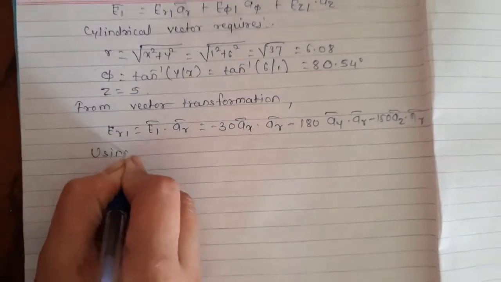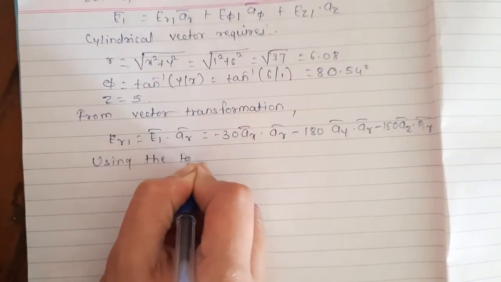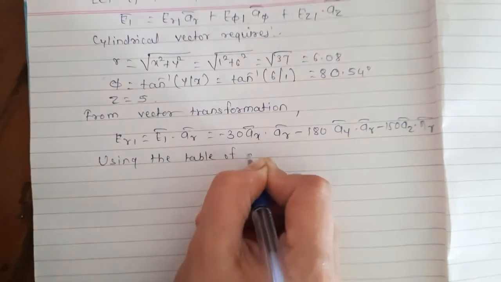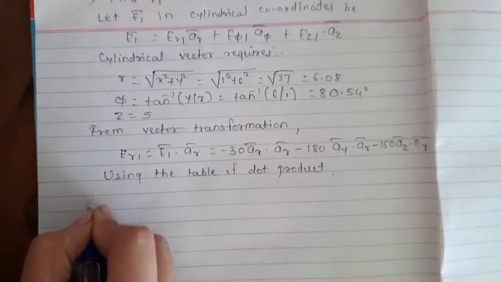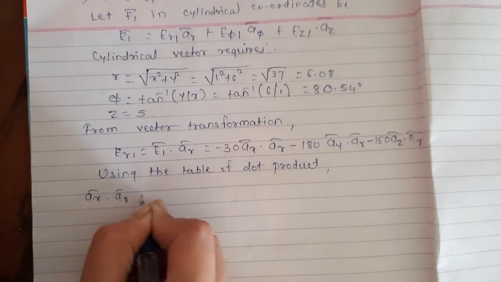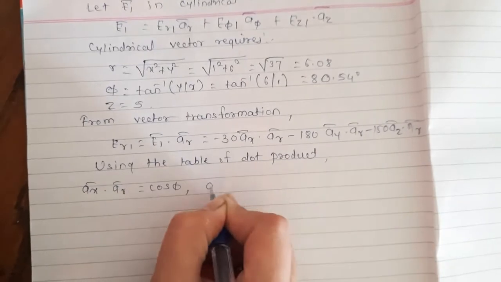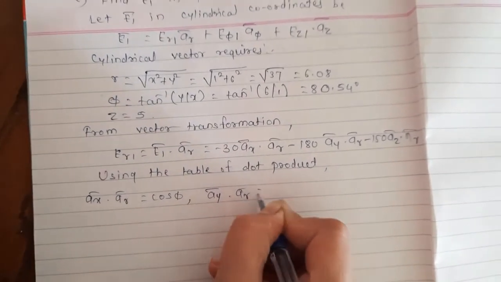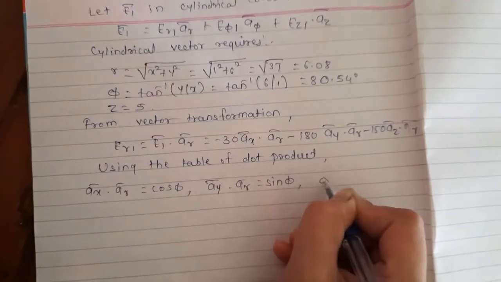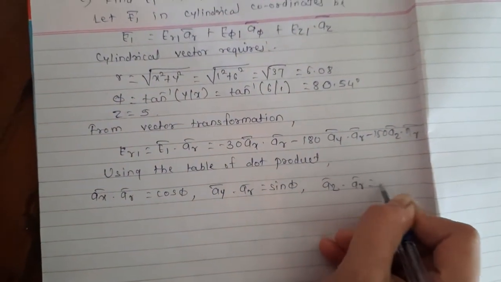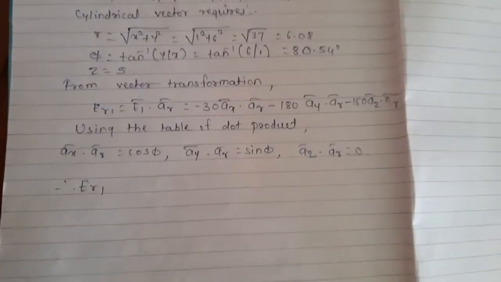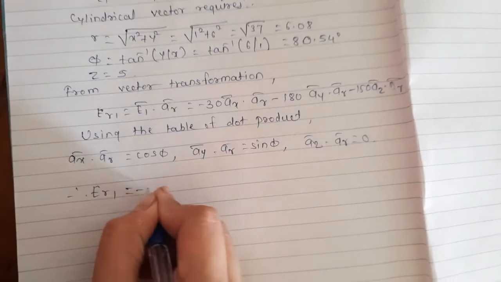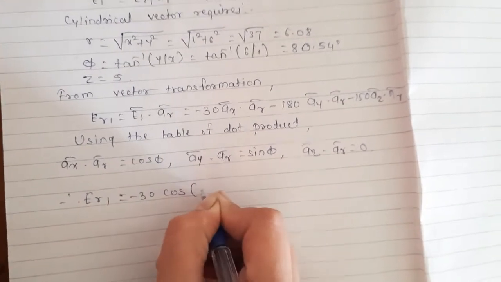Now, next is using the table of dot product. We are using here the table of dot product, so AX bar dot AR bar is equal to cos phi, AY bar dot AR bar is sin phi, and AZ bar dot AR bar is equal to 0. So our equation is ER1. So ER1 is equal to minus 30 cos of